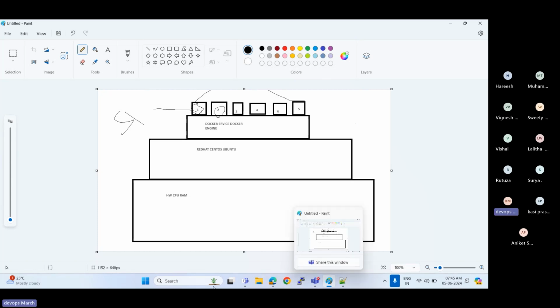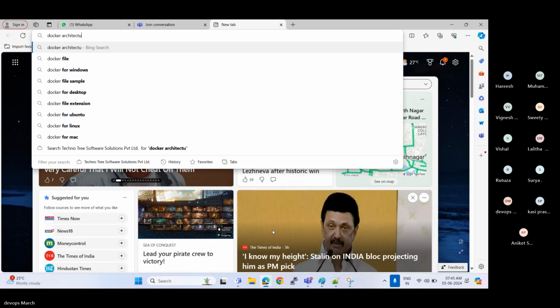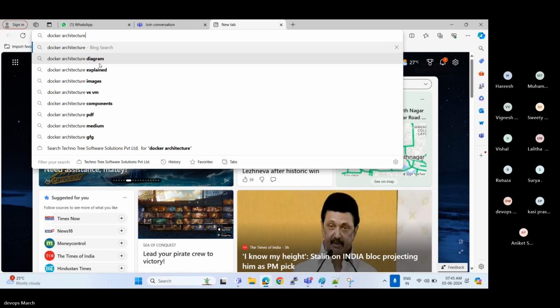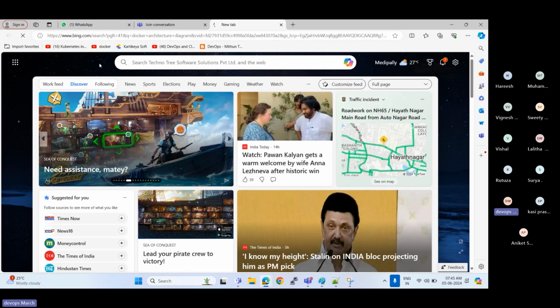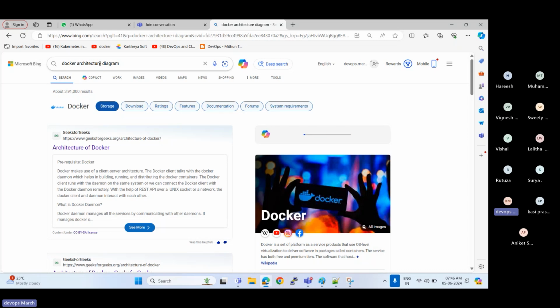Why is it lightweight? It is lightweight in the sense that if you have a Docker image, you can use it anywhere. There are no dependency issues.